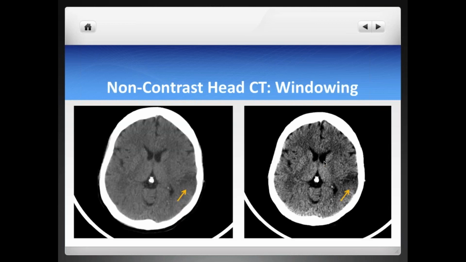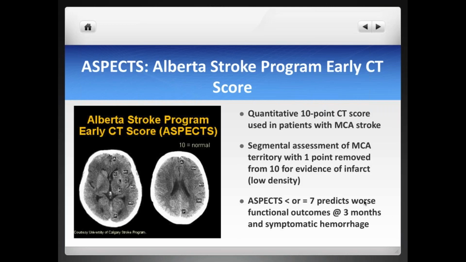right there. And then, areas of hypoattenuation, very important when you're dealing with non-contrast head CT to do the appropriate window. As you can see on the image on the screen on the left, you see very subtle changes there on the left hemisphere. But when you window and you use very narrow windows, which are very important for a stroke, as narrow as you can, the changes in the gray-white matter become a lot more obvious. So never forget to window your non-contrast head CTs to look for those subtle changes.